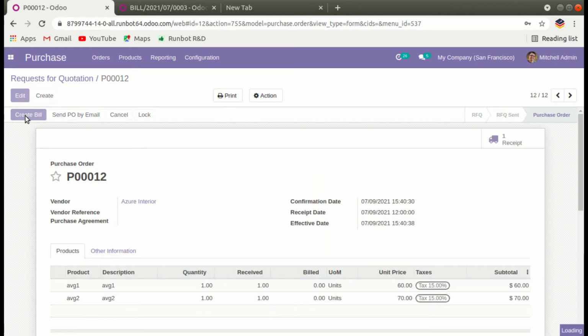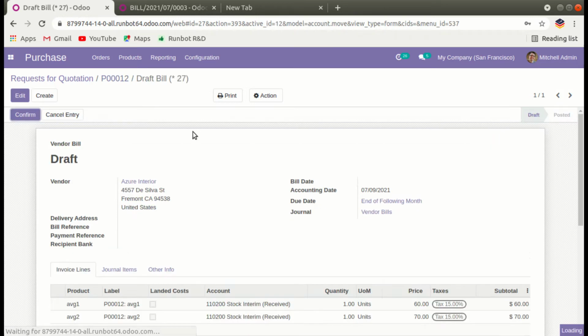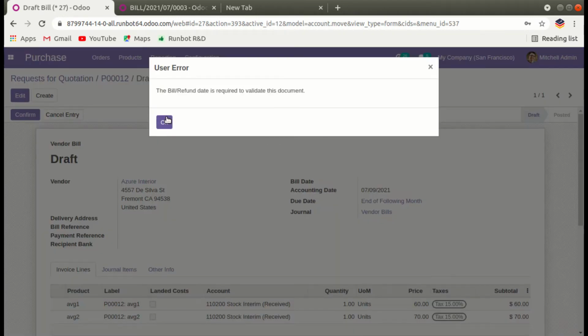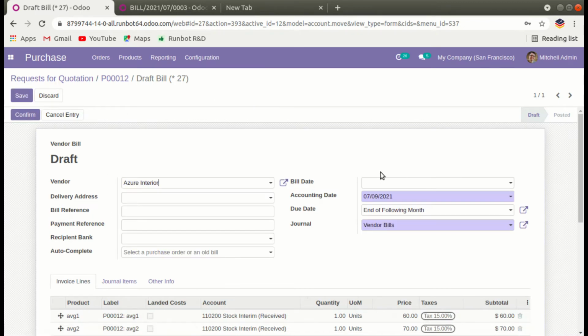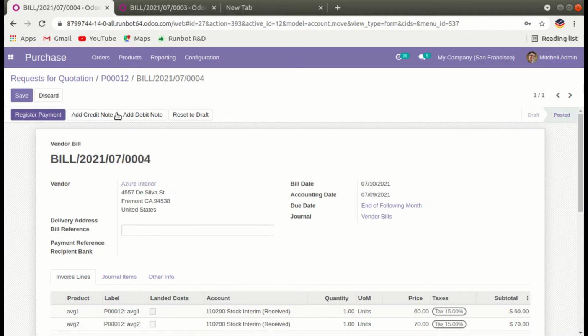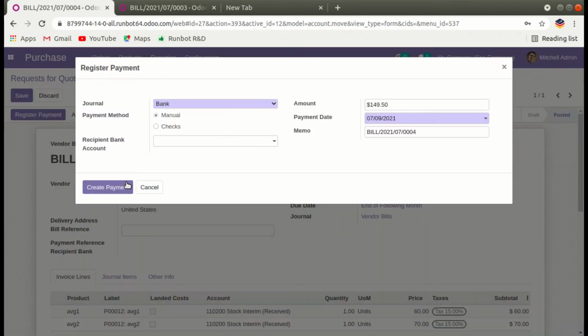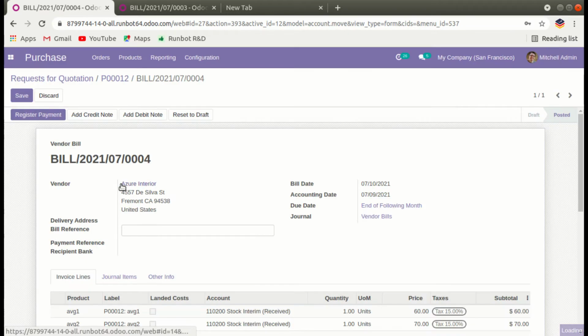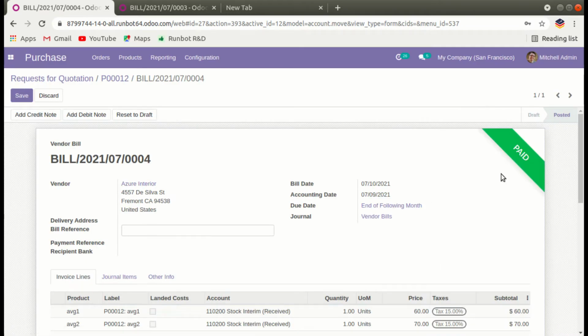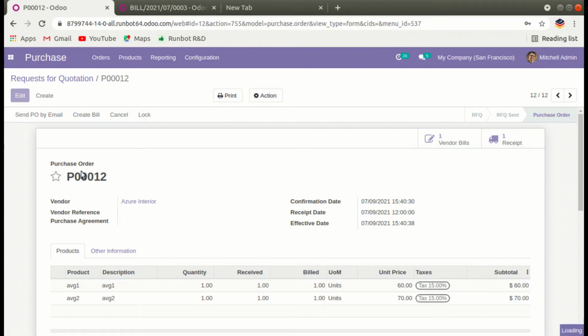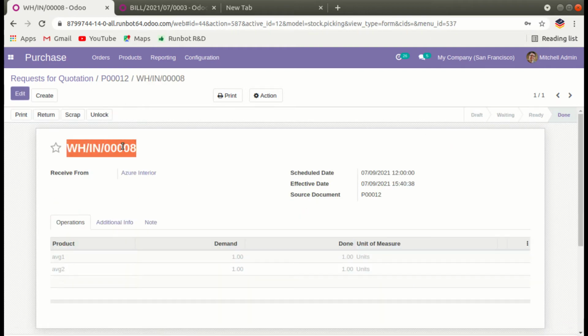Let's create a bill. Here you can see your bill is paid. So from receipt you have to copy this number,